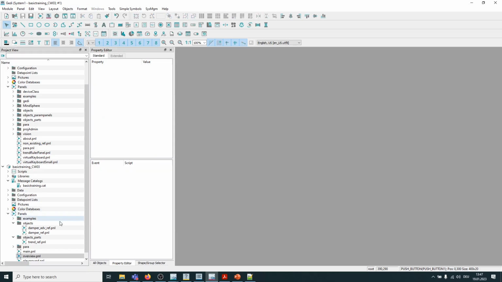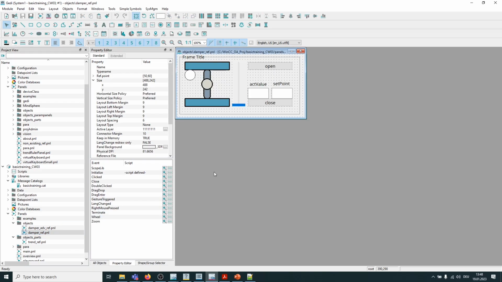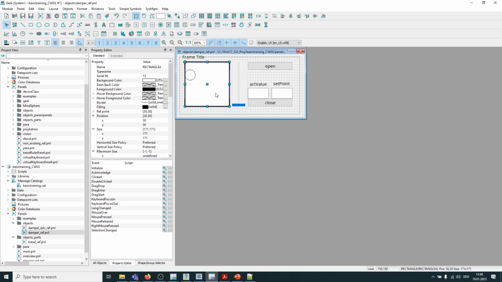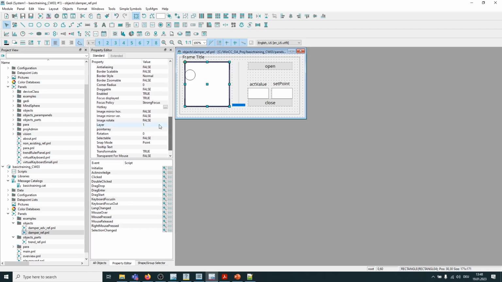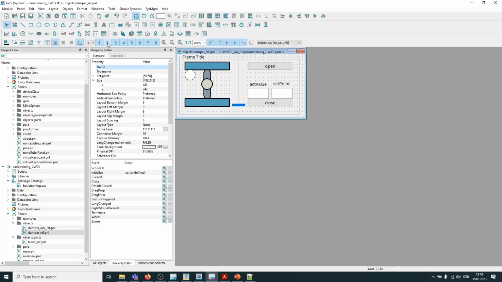Let's go ahead to our damper reference. Here we will now take the rectangle and we will draw the rectangle overlaying the damper object, and then let's move the layer, so that will be layer number 2. So we can deactivate that,